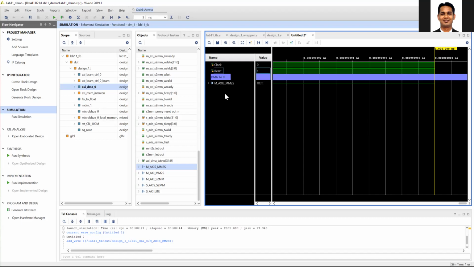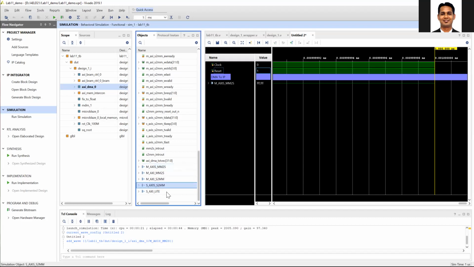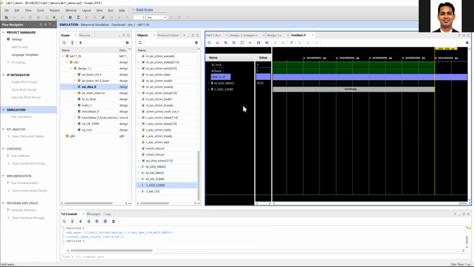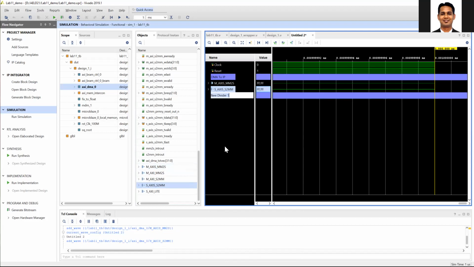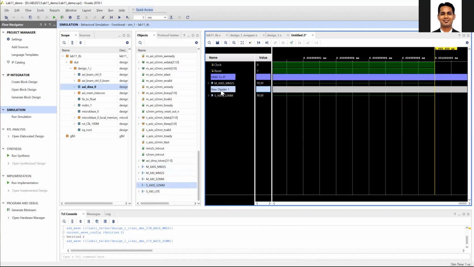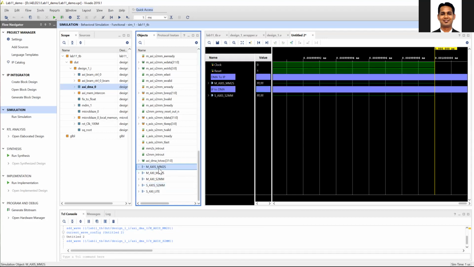Then there is a slave AXIS S2MM. So this is from the IP. So this is IP to DMA. Then you have the MAXI MM2S.